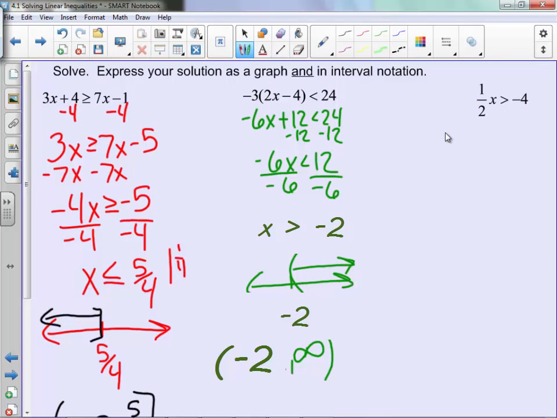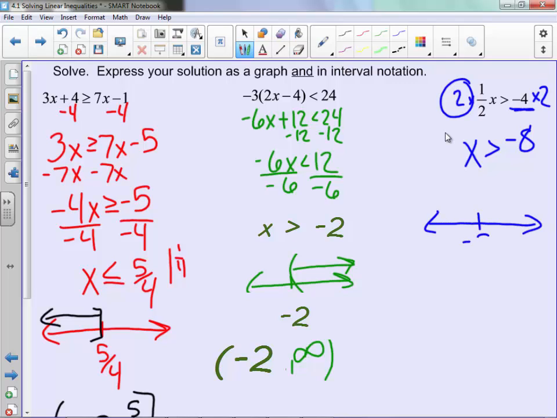So now we have a half. We can just multiply both sides by 2. Notice though this 2 was positive, so our sign is not going to change, even though this is a negative here. And we want the numbers greater than -8, so we'll be going this way. And it's not including, so it'll be our open parenthesis. So you have -8